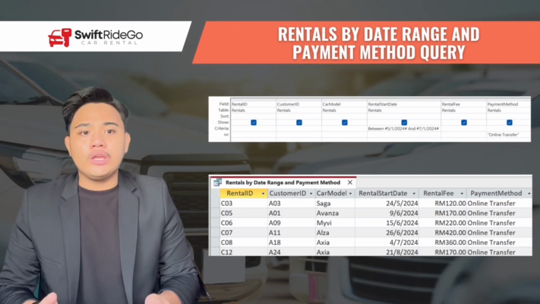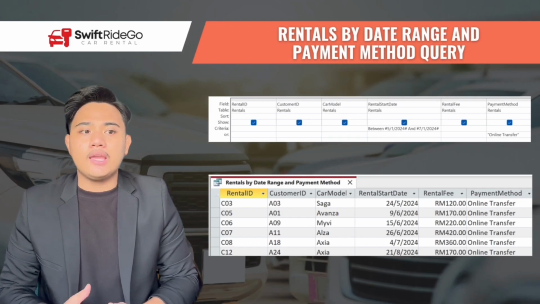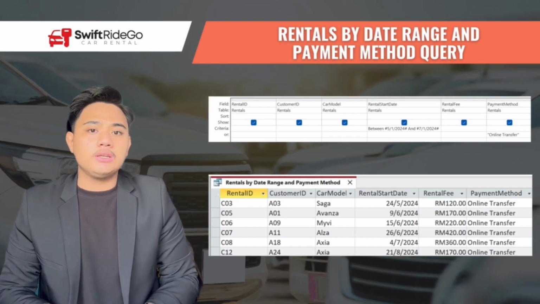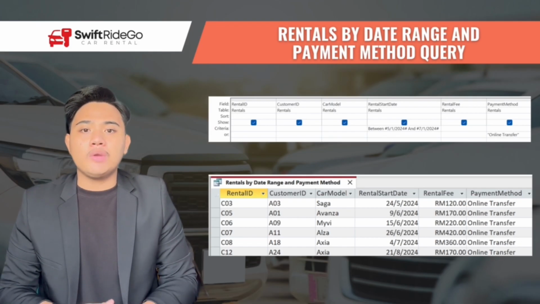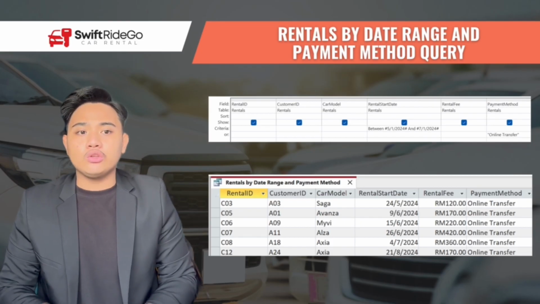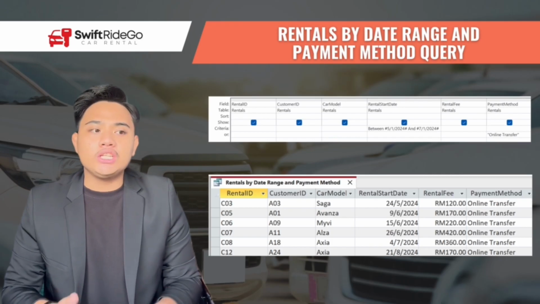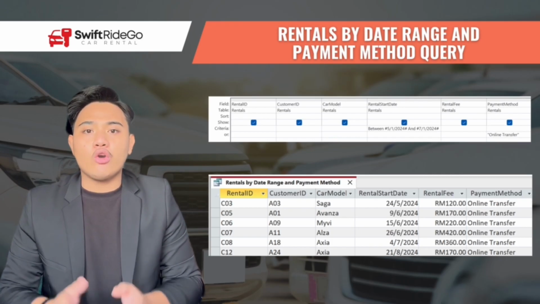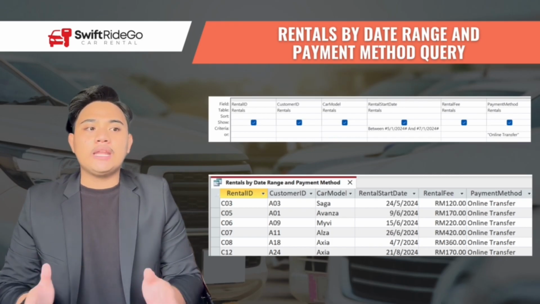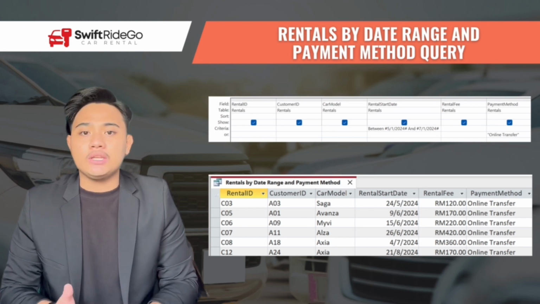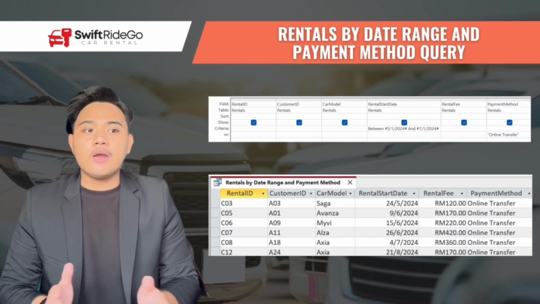In design view, we apply a criterion on the rental start date field using the between function, such as between 1st of May 2024 and 1st of July 2024, to capture rentals during this period. Additionally, we add a condition for the payment method field to show only online transfer. When executed, the datasheet view displays all rentals that match this criteria, including details like the car model, fee, and